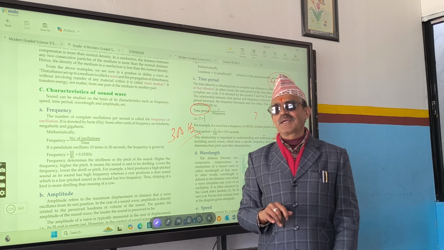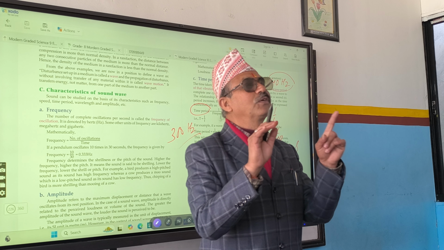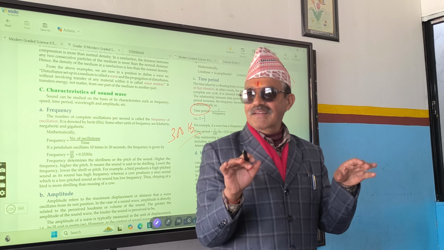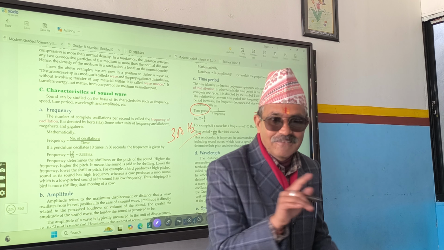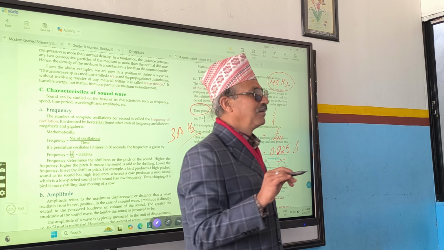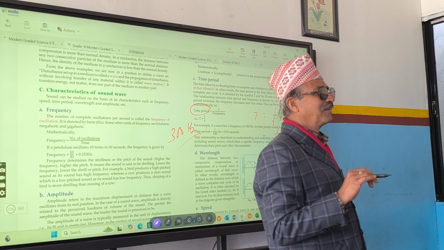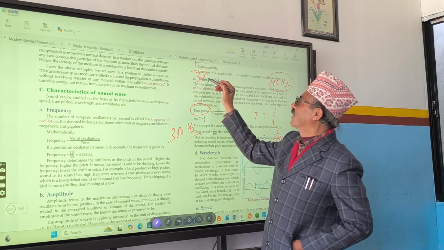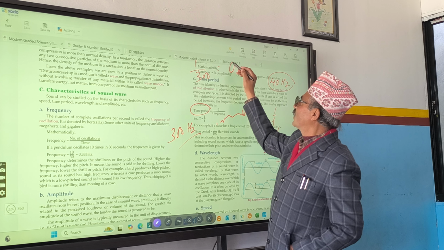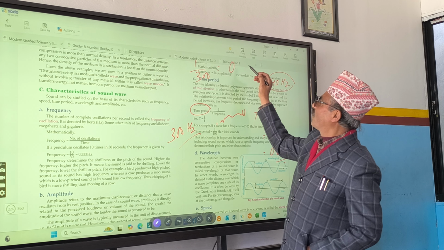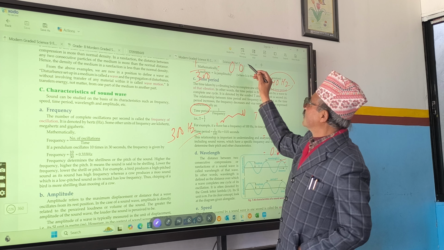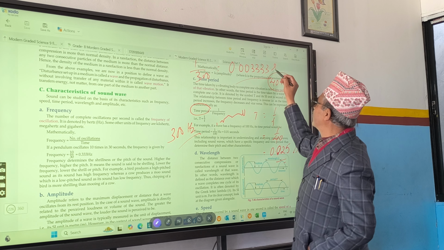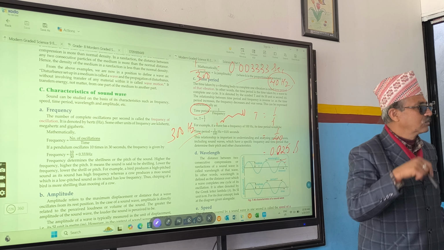Let's check who is the champion, without using a calculator. They are fully dependent on a calculator. Two multiplied by two also calculator. Very simple. 1 divided by 300 means 0.003333. See, without a calculator I can.